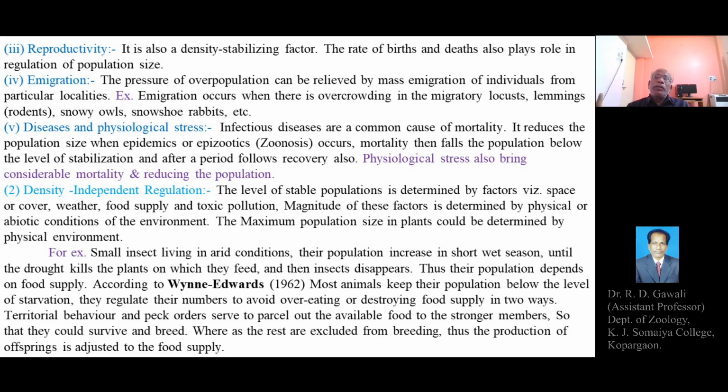That might be due to their lesser efficiency or capacity of reproduction, so they are kept